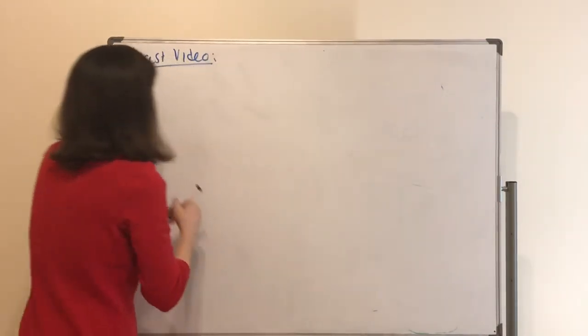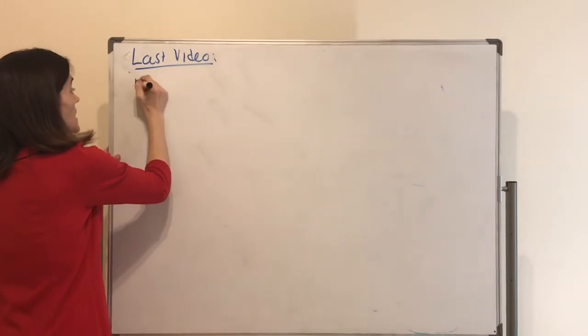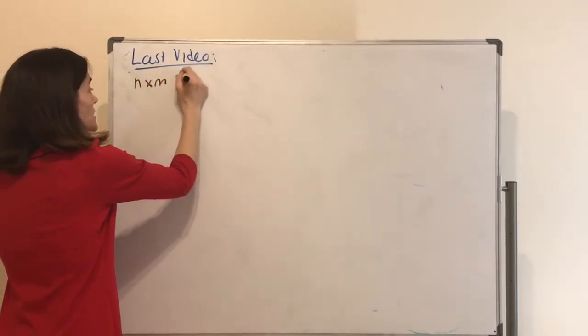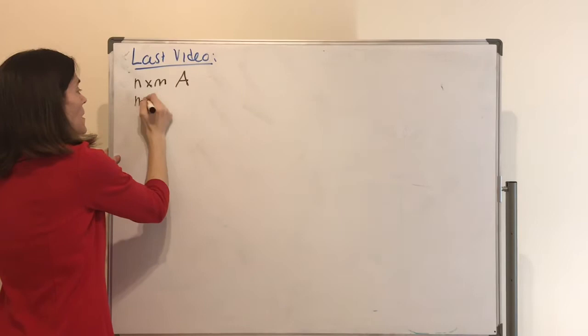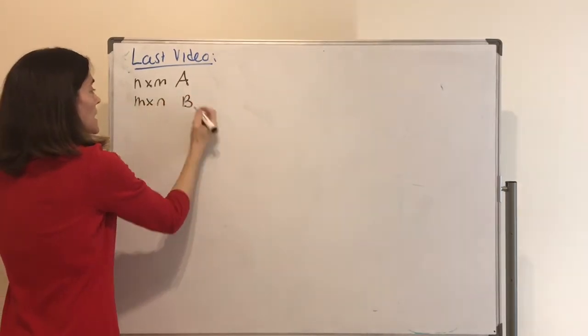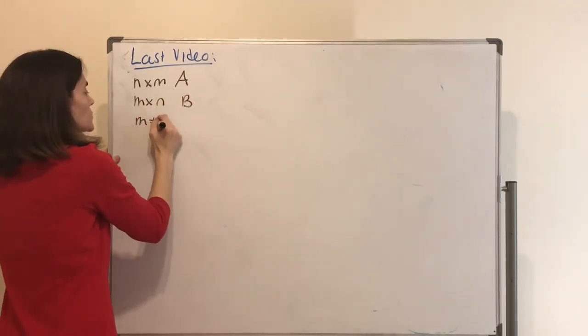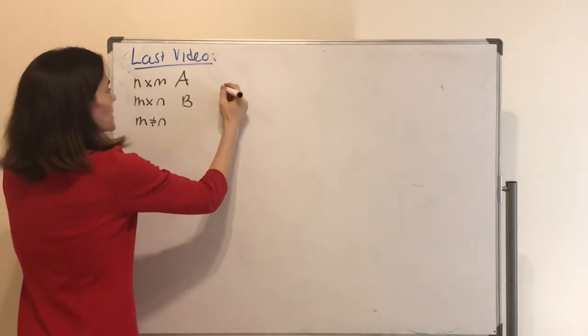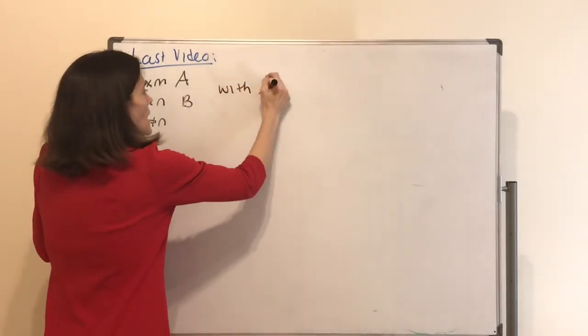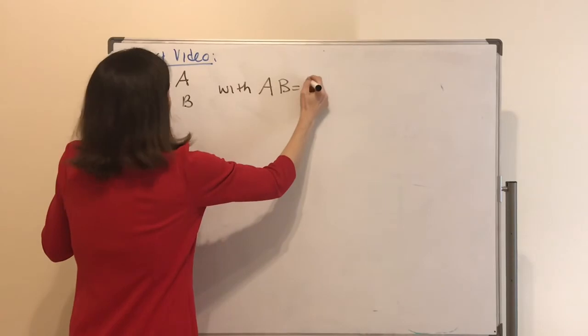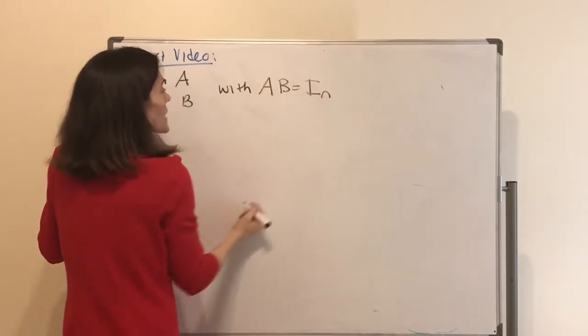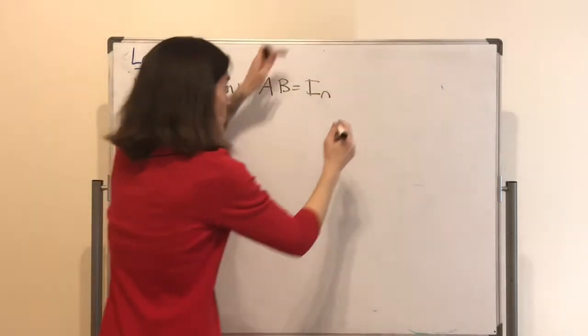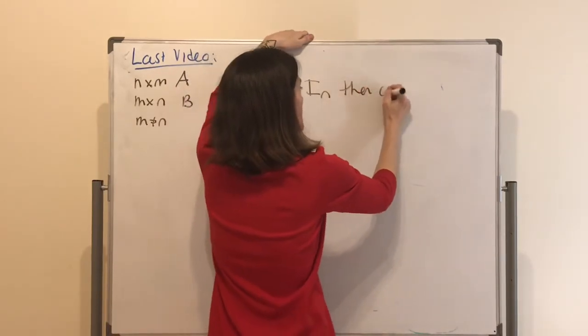And it said if you have an n by m matrix A, and you have an m by n matrix B, and m is not equal to n here, and then with AB is the identity, this n by n identity,